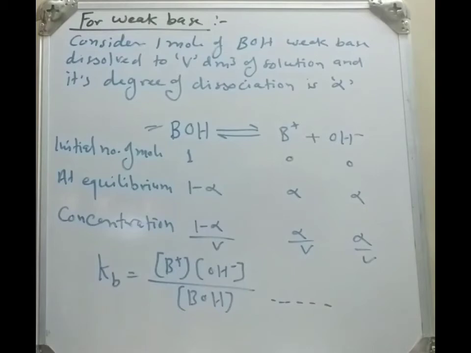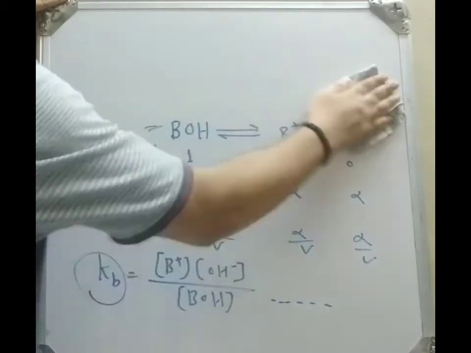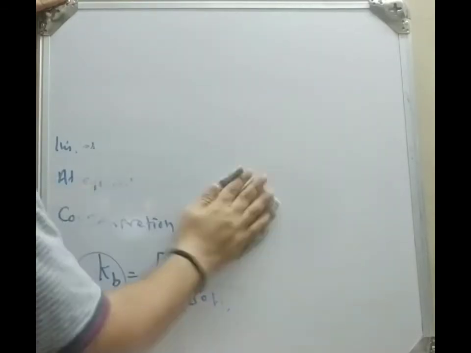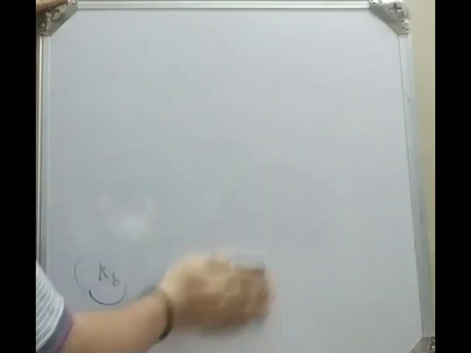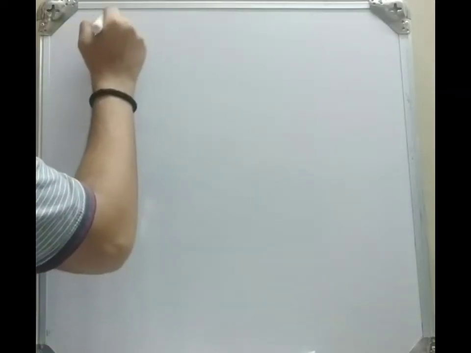Now we write the values of the B plus, OH minus and BOH concentrations and derive the equation, then we get the same thing. Instead of Ka, here we write Kb. So you derive it yourself. Next, after this Ostwald dilution law, we consider the pH scale. Before that, first we consider auto-ionization of water. First I will explain these things, then in the next video I will explain some numericals related to the Ostwald dilution law and pH.